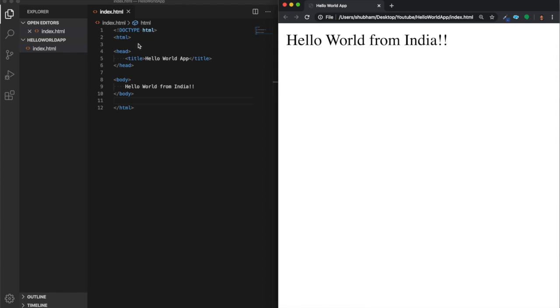So HTML is basically a markup language. So here we start the HTML tag and close the HTML tag. In the HTML tag we have two things, head and body. In body, whatever we have written is the content of the page, and that will be reflected on this white space. And in head we can have the title of the page, that is hello world app, and we can easily see it here. So that is all about the first session of HTML. This is the basic syntax of HTML.